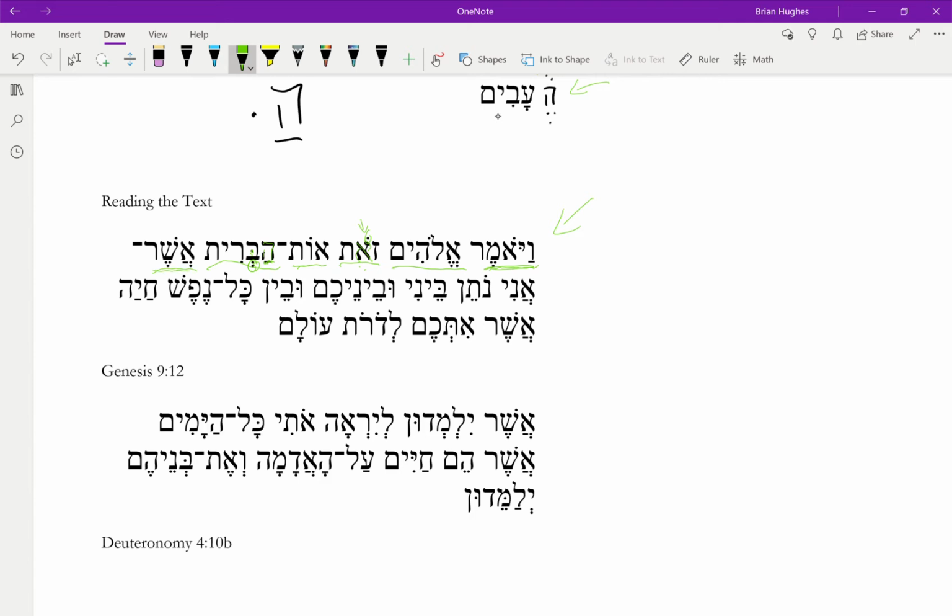Asher, ani. So what is this? Ani is I. It's our first common singular pronoun, and it's always going to be the subject. So you don't know a lot of these words yet, but what you do know from looking at this is, oh, I am doing something. The speaker is doing something in this. Notain, beini, ubeinechem,